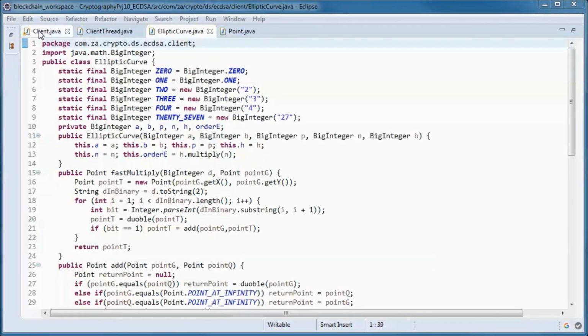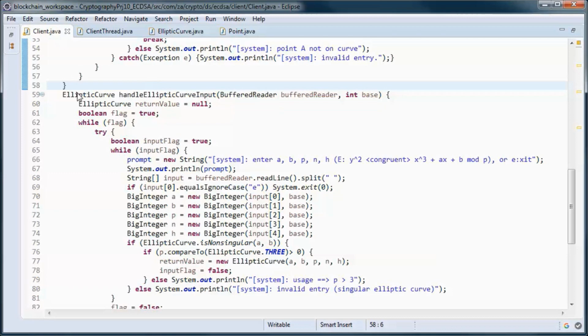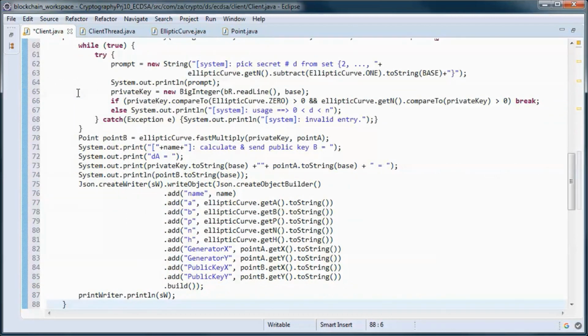So now we can go here and add this method.